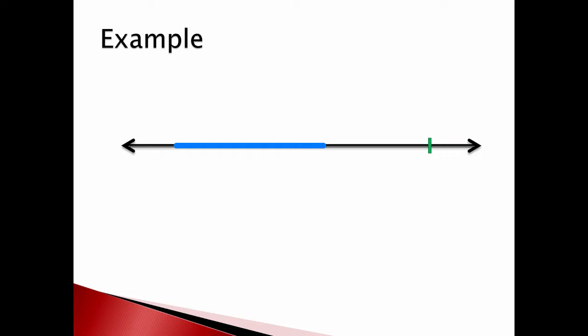Then an upper bound would be some point where that green line is, something bigger than all the numbers in the set. Here would be another upper bound, and there's another upper bound. I can keep sliding this down and finding more and more upper bounds. But eventually I slide it far enough that I can't slide it anymore. If I slid it any further, then it wouldn't be an upper bound anymore. That point where it stops, that's the sup of this set. That's what sup really means. And of course, inf is the same thing but on the other side.